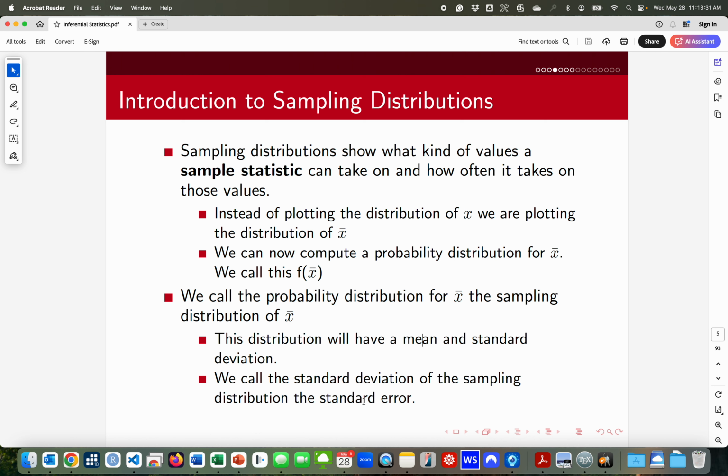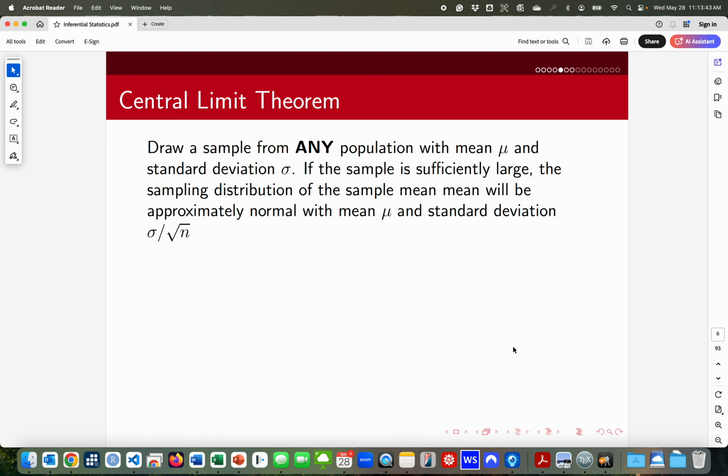So you'll hear me say standard error. The standard error is just the standard deviation of the sampling distribution. So what's the standard deviation of the x bars instead of the standard deviation of the x's? The central limit theorem is a very, very powerful result that allows us to use the normal distribution. We're going to use a t-distribution, which is very similar to the normal distribution, to make inference about the population